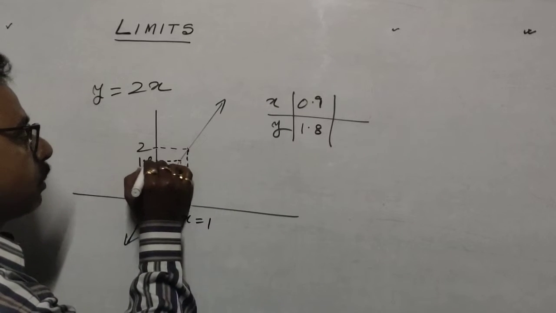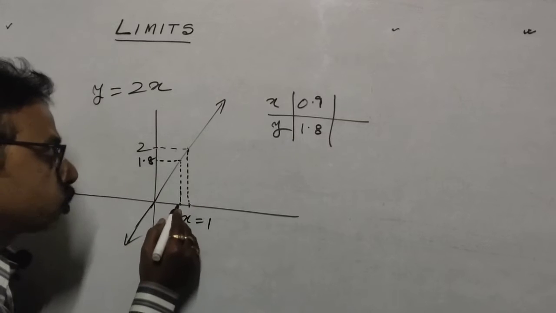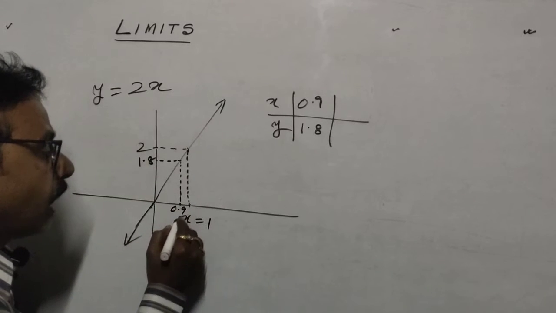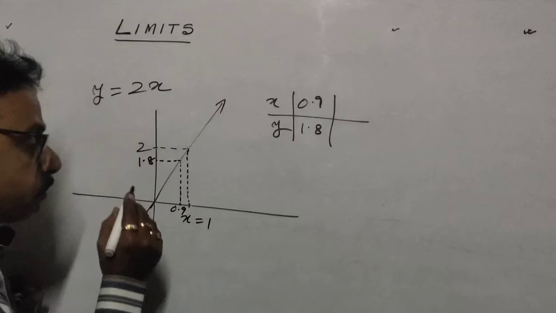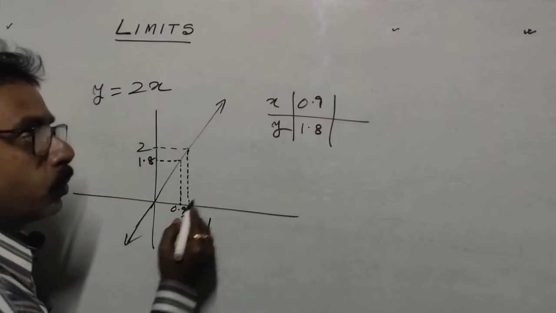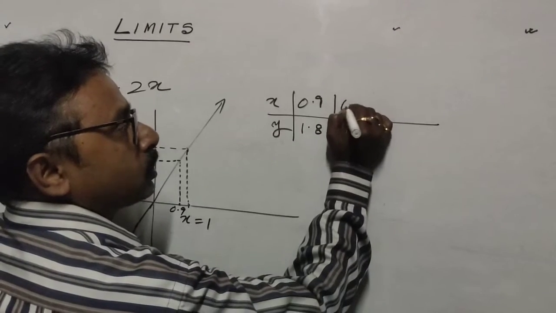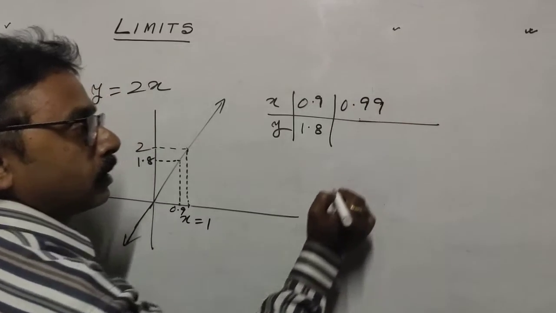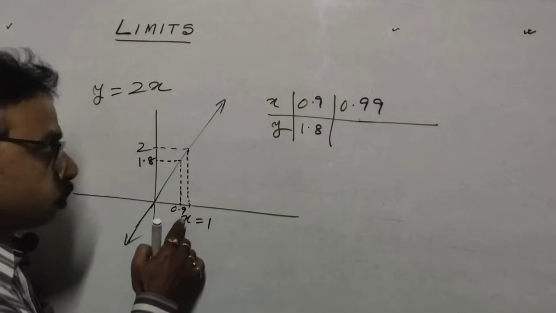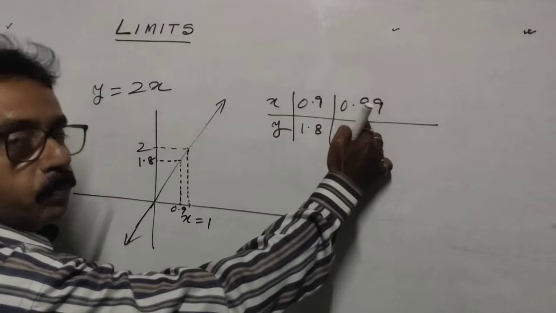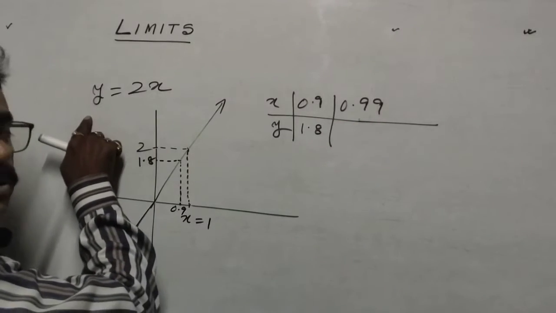So this point is 1.8, which I am getting for x equals 0.9. Now if I move from 0.9 very close to 1, suppose the next point I am taking is 0.99, which is very close to 1, and for this 0.99 we are getting the value of y as